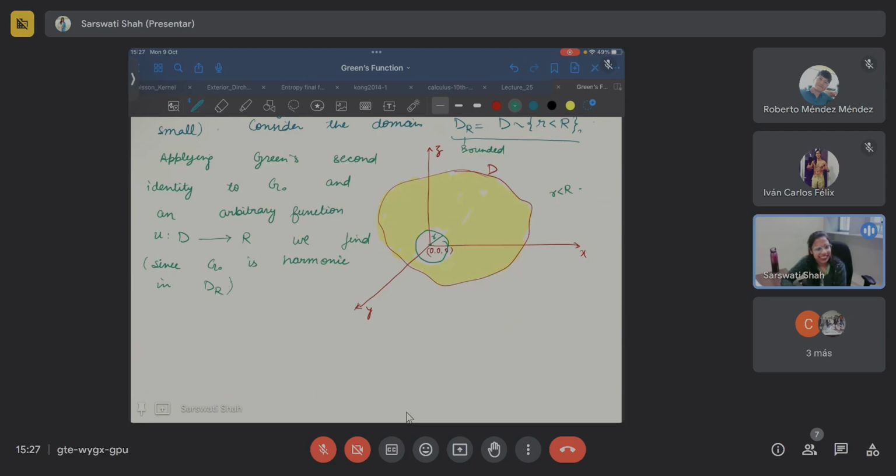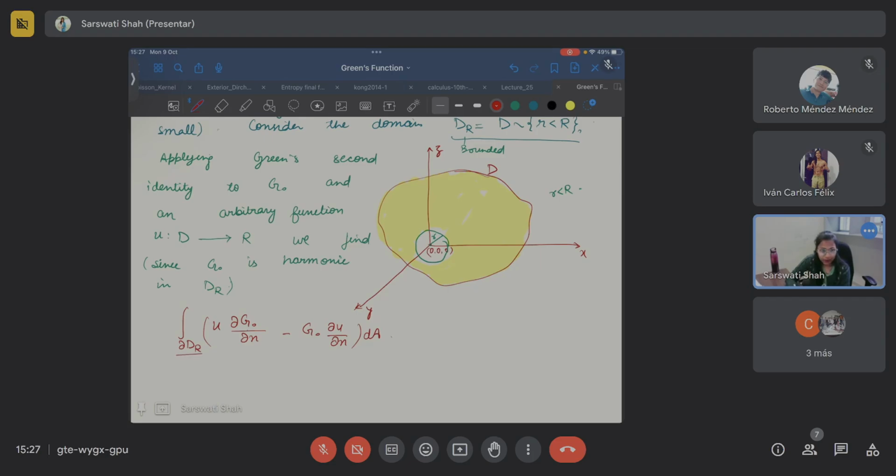So, does anyone remember Green's second identity? I expect that no one remembers it, but still, if anyone does. So, if this Z naught is a harmonic function and u is any arbitrary function that needs only to be continuous, and in some cases it does not even need to be continuous, then Green's identity says that